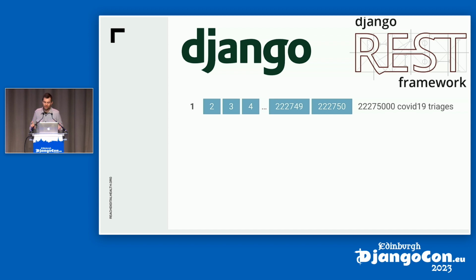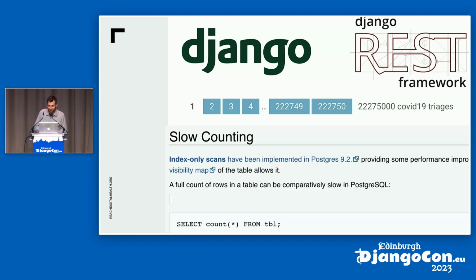So what is the one thing that you should never do on a really large Postgres table? Well, count star on the whole table. There's a whole page of that in the Postgres documentation. It will lead to a very slow query and be very unhappy. So, of course, your Django admin page, when you're viewing all these things, does a count star, but it doesn't only do a count star, it does 2 count stars in order to generate that page.